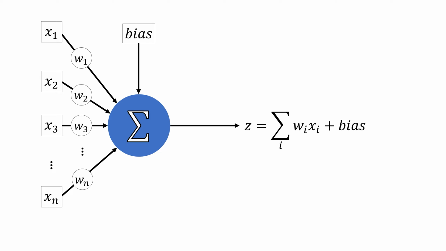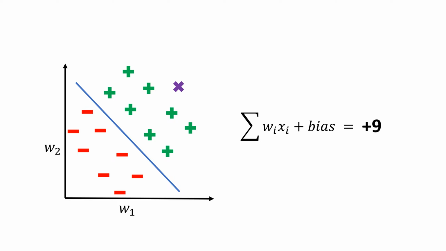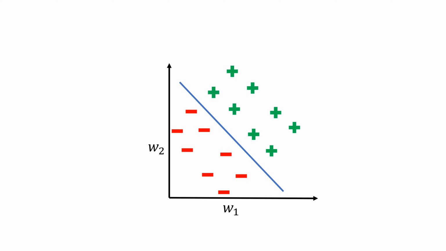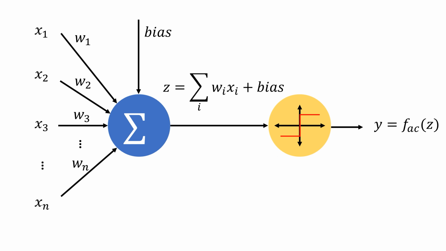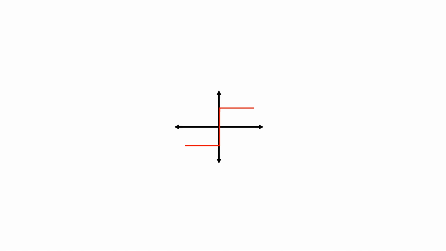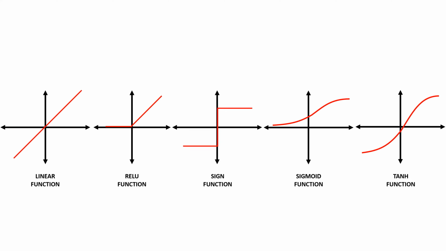While this linear combination can produce a numeric value to signify the position of the input with respect to the decision boundary, a firm decision requires the neuron to activate and produce responses signifying class values. An activation function does this job of converting the linear combination to output a value such as 1 or -1 to signify if the neuron was activated. While different types of activation functions exist for different types of problems, that's a topic for another